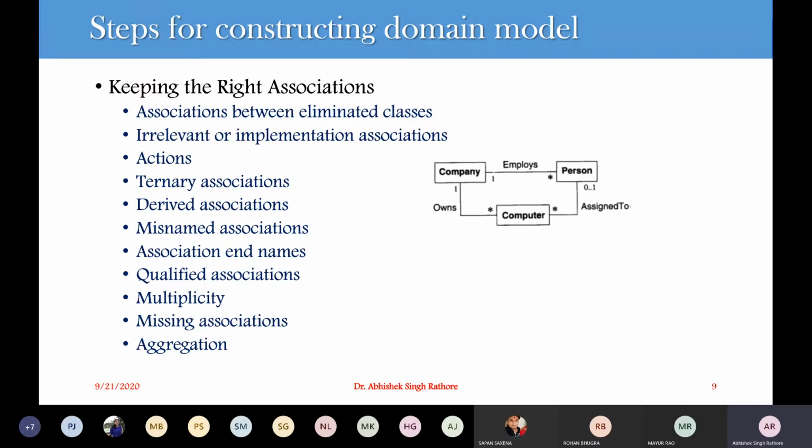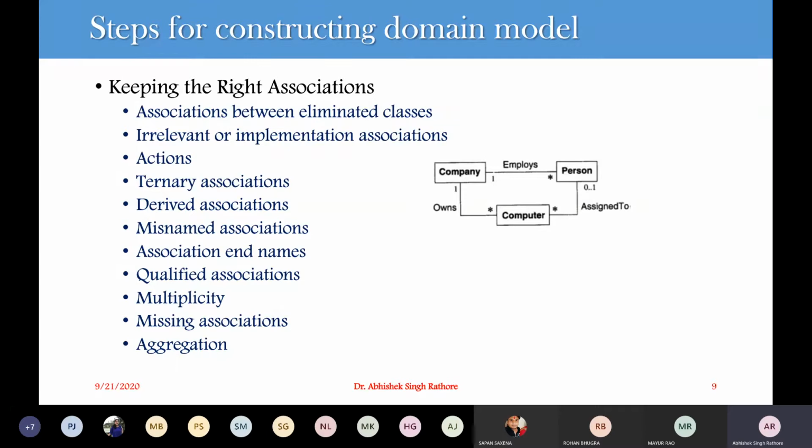Again, let's consider an example of your ATM. The qualifier is the bank code, so we can put a bank code on your particular relationship. Let's say we are having an ATM code and we are having a bank code, so we can associate different ATMs with your particular bank code. So this is how we can identify that these ATMs are related to the particular bank code. So we should go for qualified associations, and if the qualified associations are not available, then we can eliminate all those associations right from your domain.